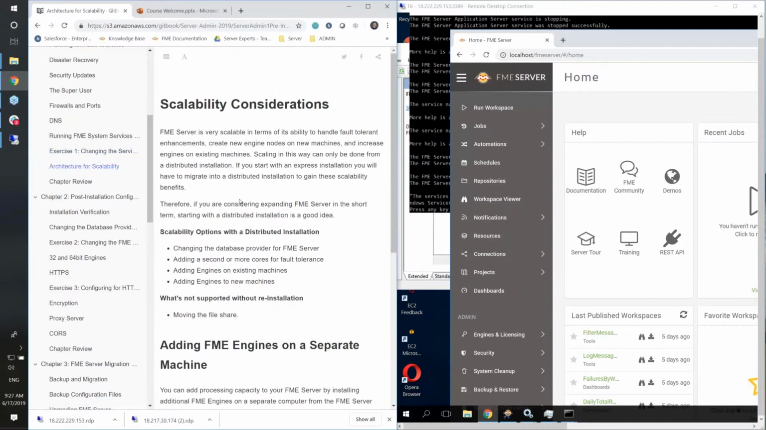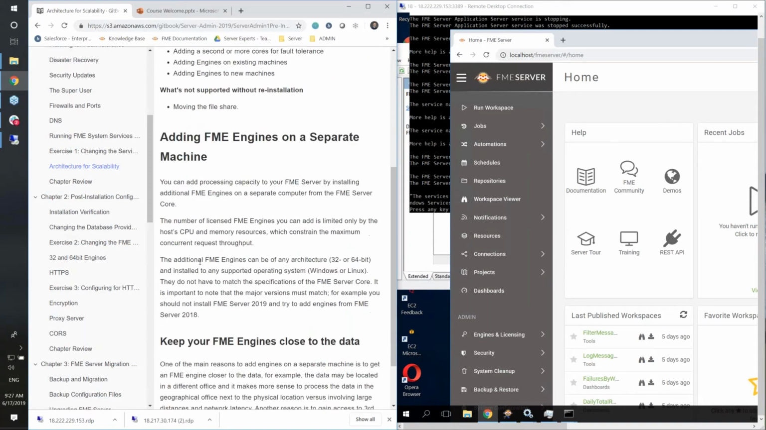So scalability is something you want to think about when you initially get started with your installation. Again, Express is a great option and allows you to expand the number of engines on that machine. But if you want to expand out and use different machines, because your machine might be limited by its processing ability, then you're going to have to uninstall and install a distributed system. So if you think this is something that you are going to need in the short term, or a couple months down or a year down the road, be able to expand out,